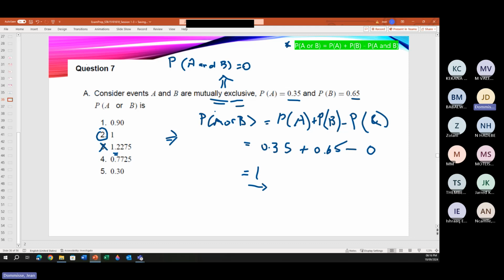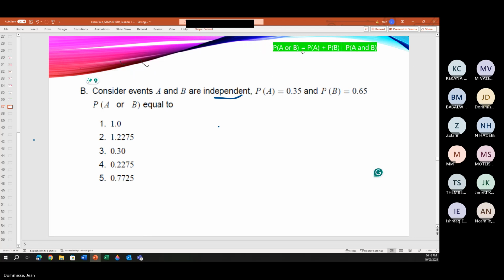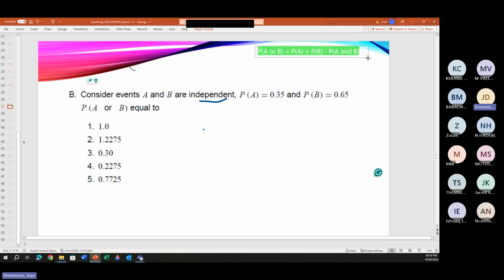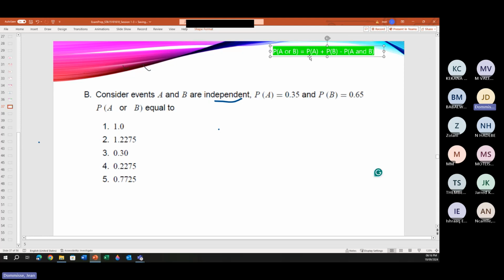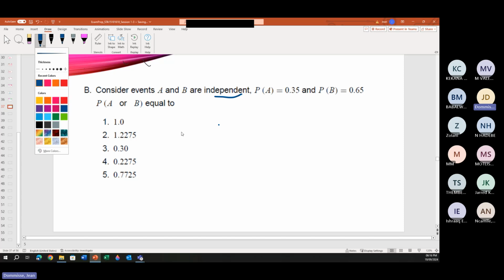So the next one, if you can follow the trend, will probably be independent. Okay, so now we get the independent question. Again, just have that formula up there. So for independence,